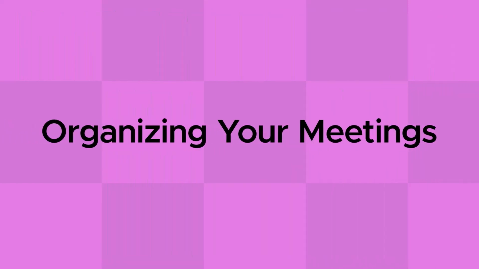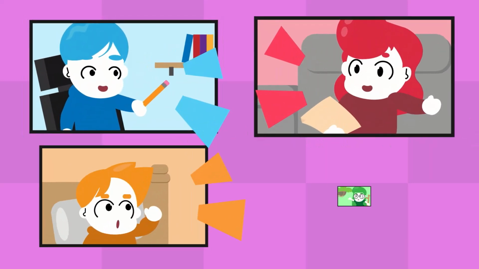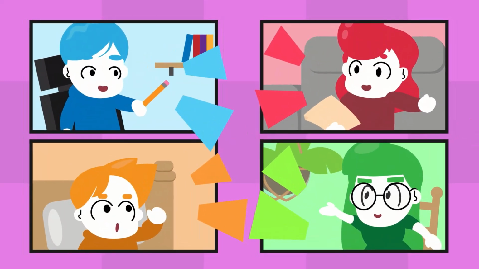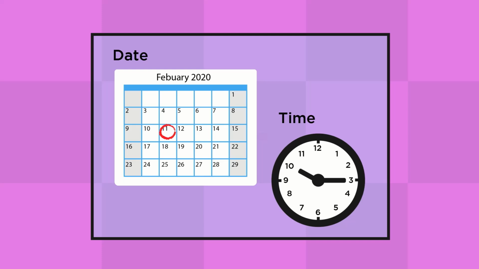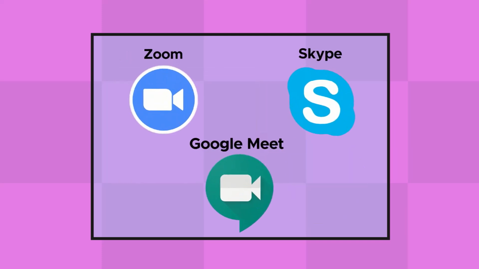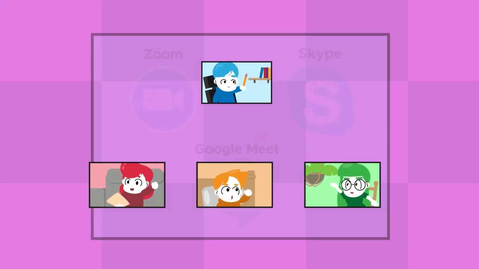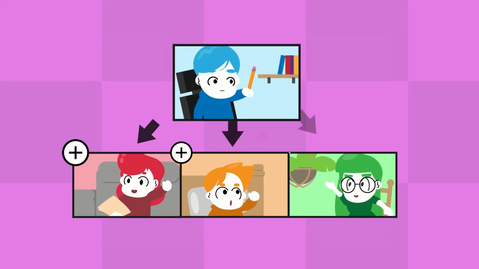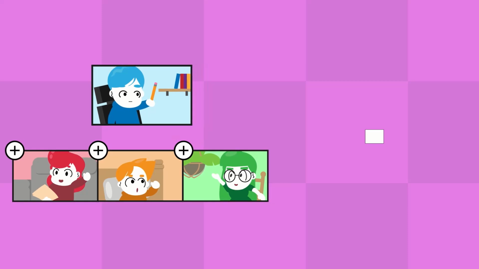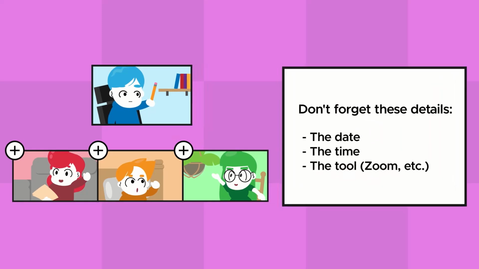Organizing your meetings. When you're meeting online, it's important to have clear communication. Just like with an in-person meeting, you'll have to decide on a few meeting details, like what day and time is the meeting? What tool are you using to meet? Is it Zoom or something else? Who will be setting up the meeting and how will they invite the team? Even though meeting online offers a lot of flexibility, leaving the details up in the air is a recipe for